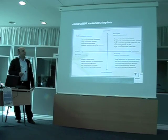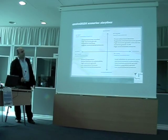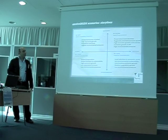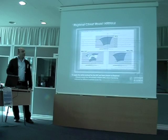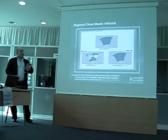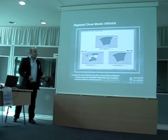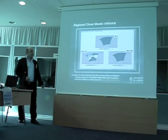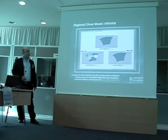So we have here, for a global economy development in this region, the Black Sea Hot scenario, or for a more sustainable pathway, regional and policy-oriented, the Black Sea Pool scenario, and the Black Sea Alone, or Black Sea Cooperation. So we did that and extracted data. We didn't do climatic modeling, but we extracted data from previous European projects like PRUDENCE to get regional climate models,